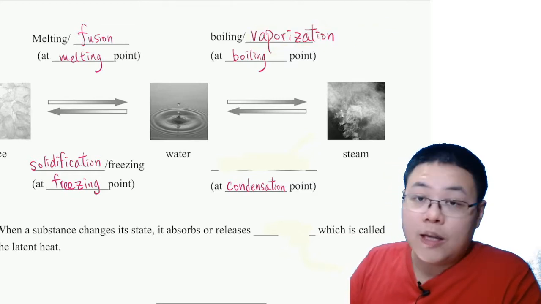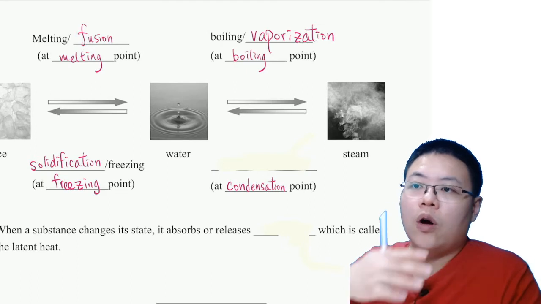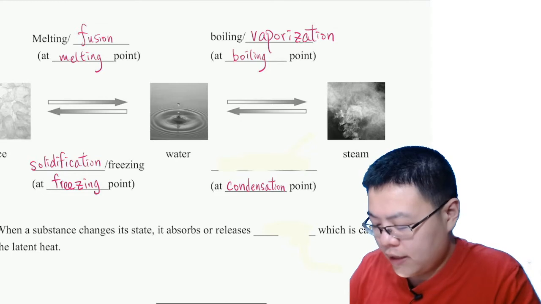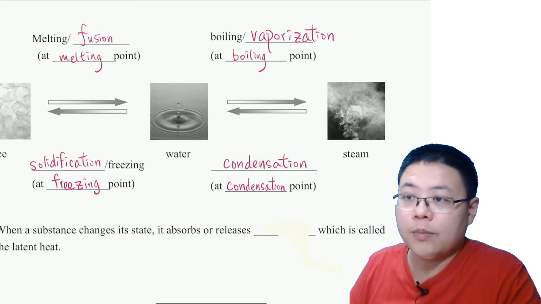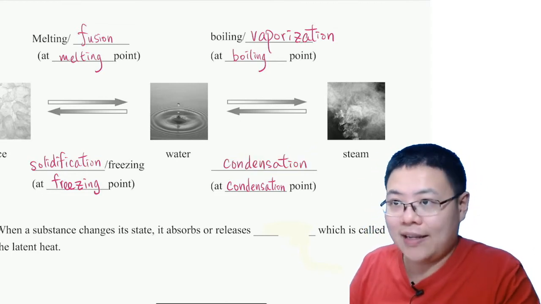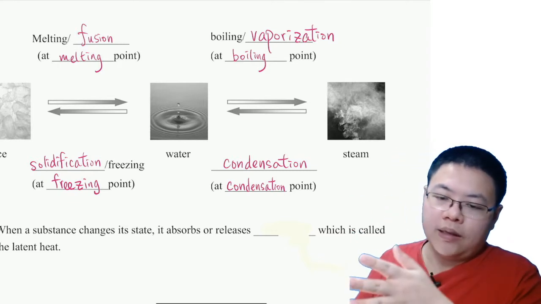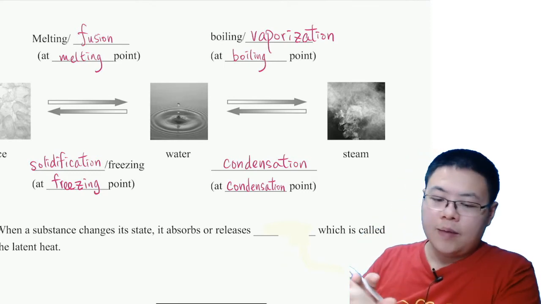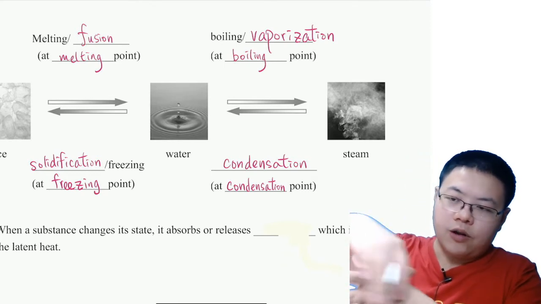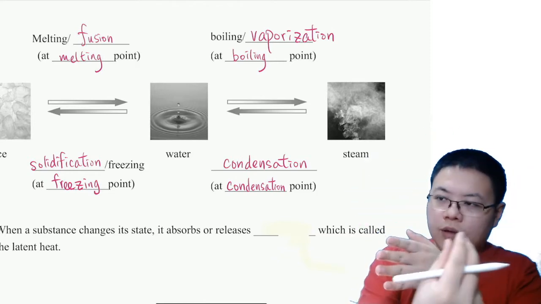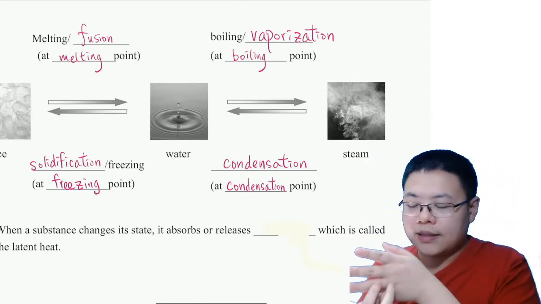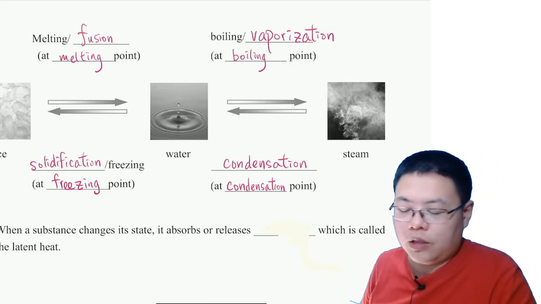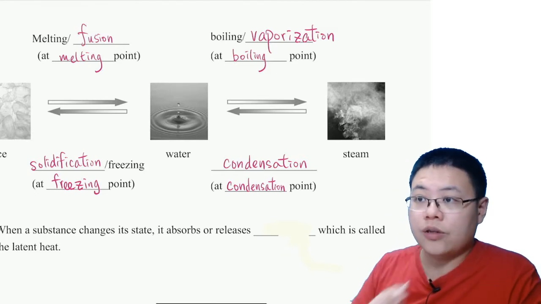So, vaporization is the word for from liquid to gas. I know there is quite a lot of words here, but bear with me. The last one is more common. Condensation, 凝結. It's like when you go to a convenience store, 7-Eleven, the glass pane, because the air conditioning, this is very cold, and then the gas molecules and droplets will condense 凝結 on the glass, and it becomes water droplets. That is the condensation happening. Okay,